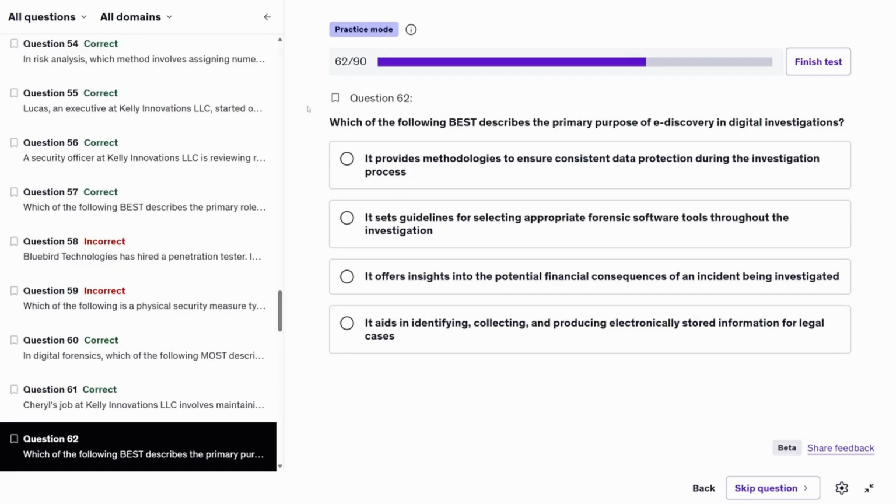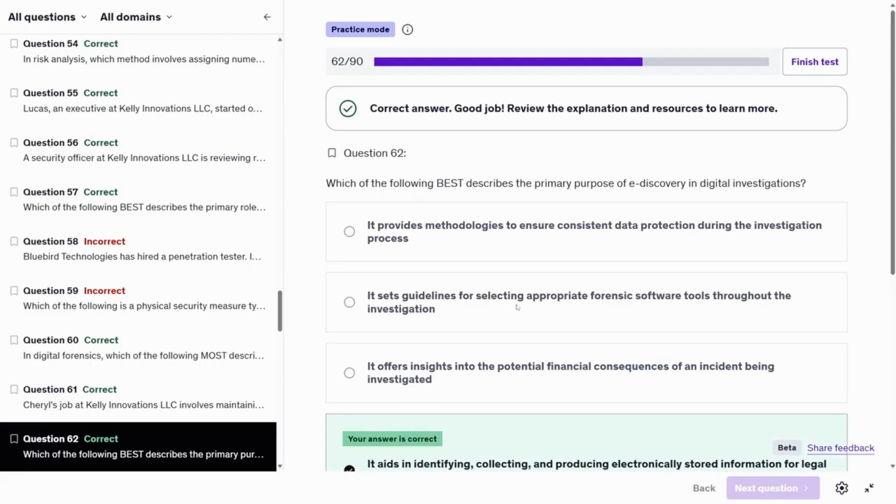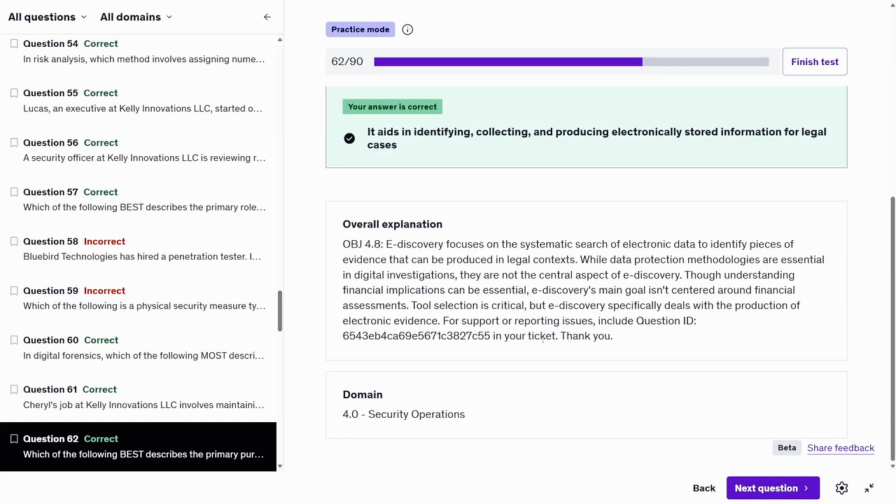Which of the following best describes the primary purpose of e-discovery in digital investigations? The correct answer would be D. It aids in identifying, collecting, and producing electronically stored information for legal cases. E-discovery focuses on the systematic search of electronic data to identify pieces of evidence that can be produced in legal